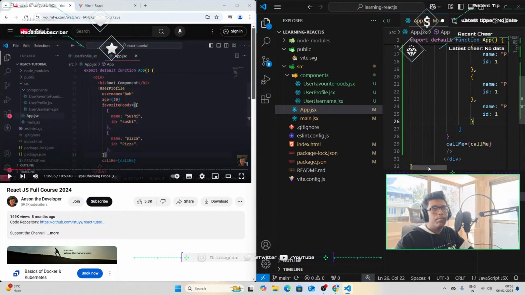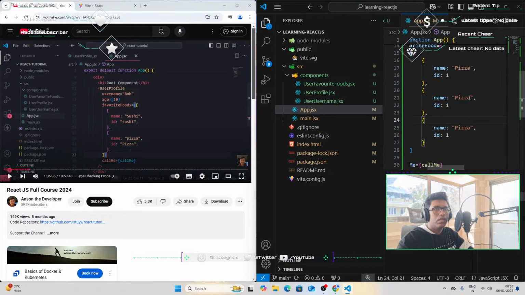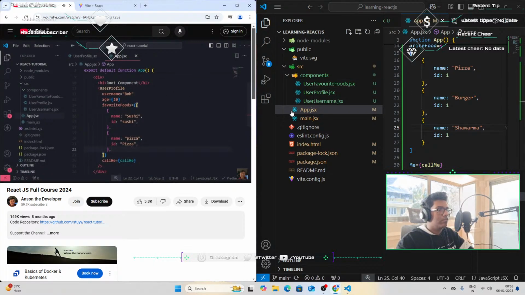So let's make sure that we have pizza, burger. We could have shawarma. I don't want this array to just have a bunch of random elements in there. I don't want this array to have a mix of numbers, strings, booleans, objects. I want to have only objects, and I also want each object to be the same and have the same